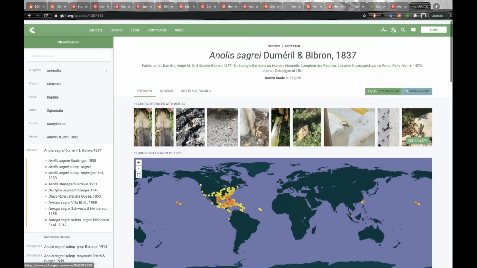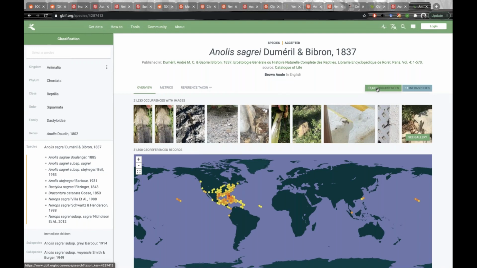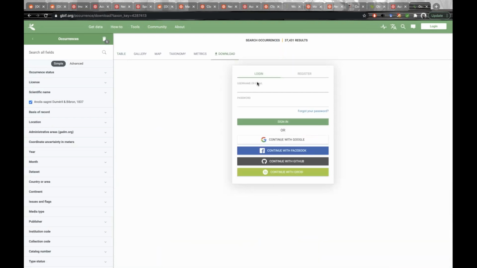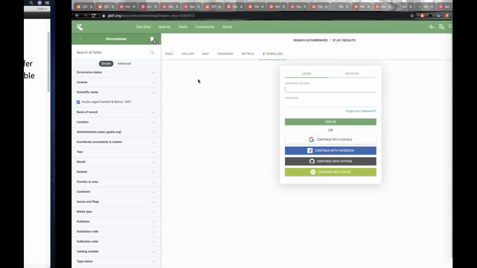So on occurrences, then you get these results, and here you will need to log in. It's a free registration platform, and then it will download as a zip file containing all the data. I think there's a text file or a CSV file which contains all the metadata for all the occurrences. And that CSV file or text file is the one that, once you store it on your local machine, you can use